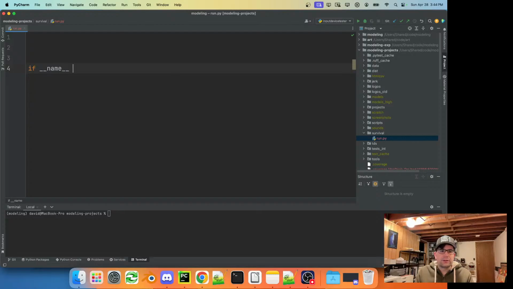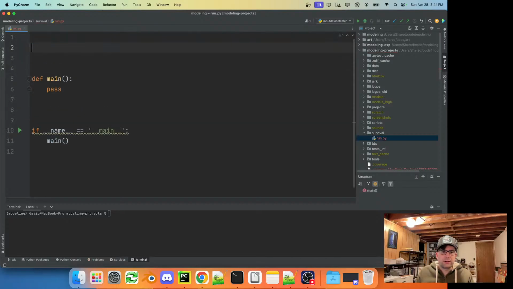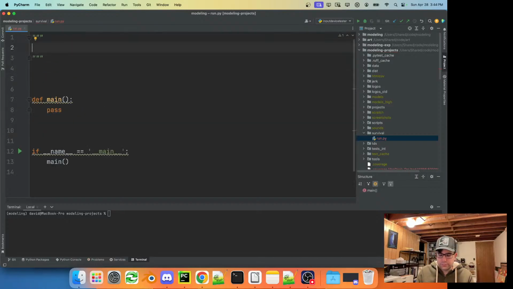The first thing I always do in Python programs is wrap the actual code in a main function. So we'll do that. We don't really need any command line arguments or anything like that for now, so we won't worry about that.